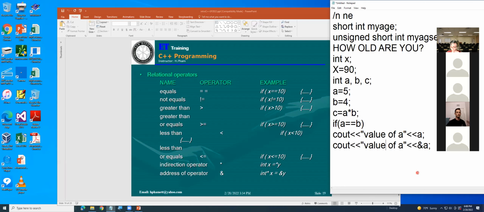The address. What will it print out? Address, correct. Okay, then now in here, I can say address.